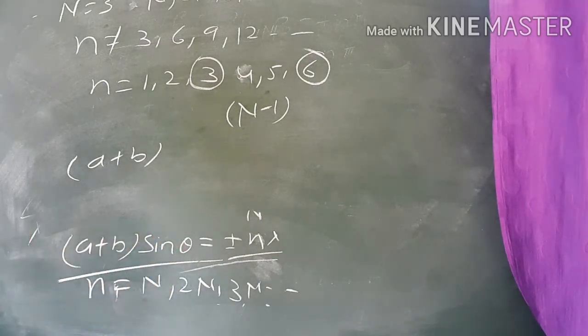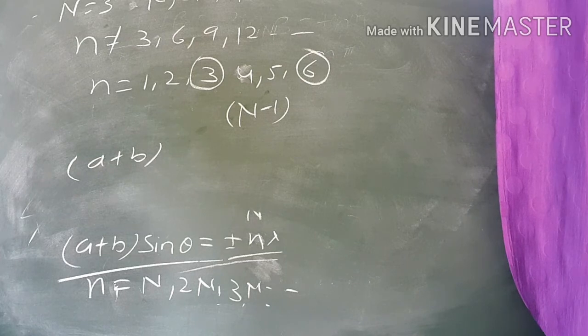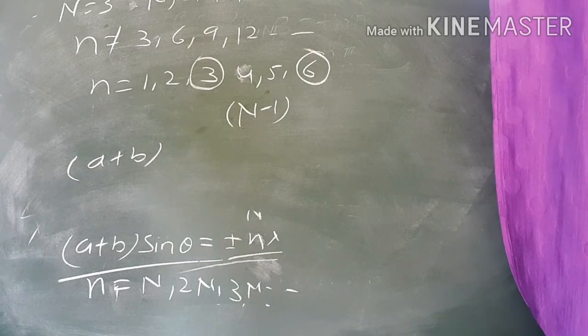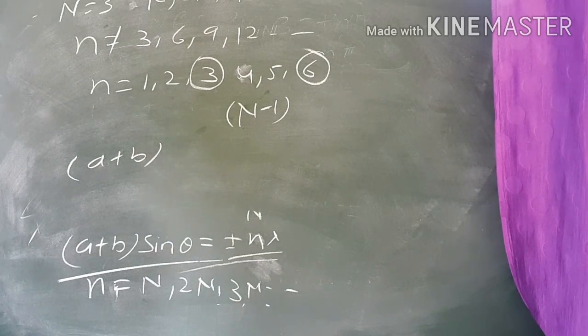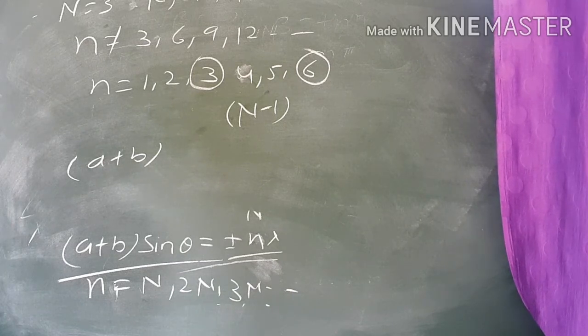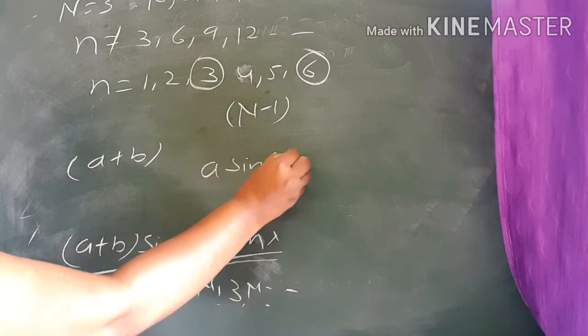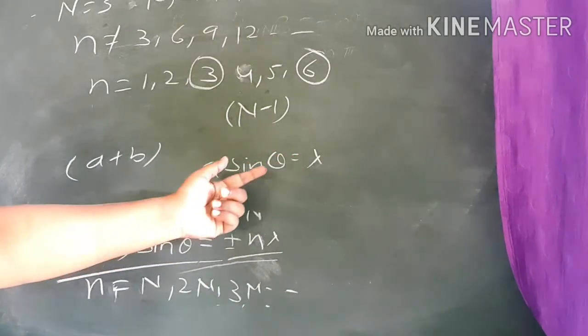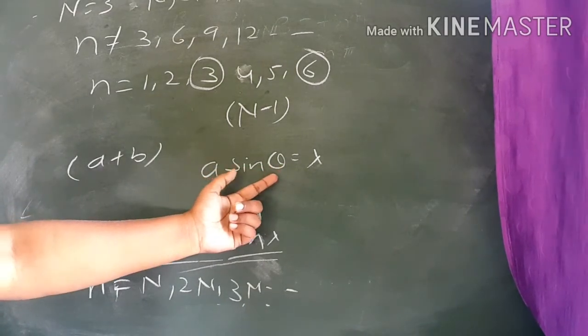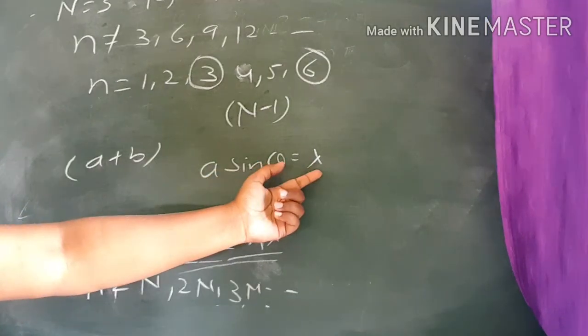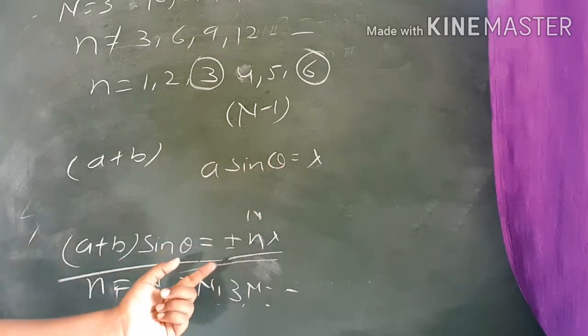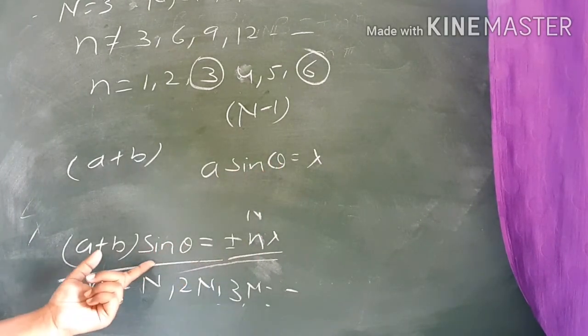But sometimes we do not have it, because if the path difference between the diffracted rays from two extreme points of a single slit is lambda, that is a sin theta is equal to lambda. If for the same value of theta we have a sin theta is equal to lambda, and for the same value of theta we have this condition also satisfied,